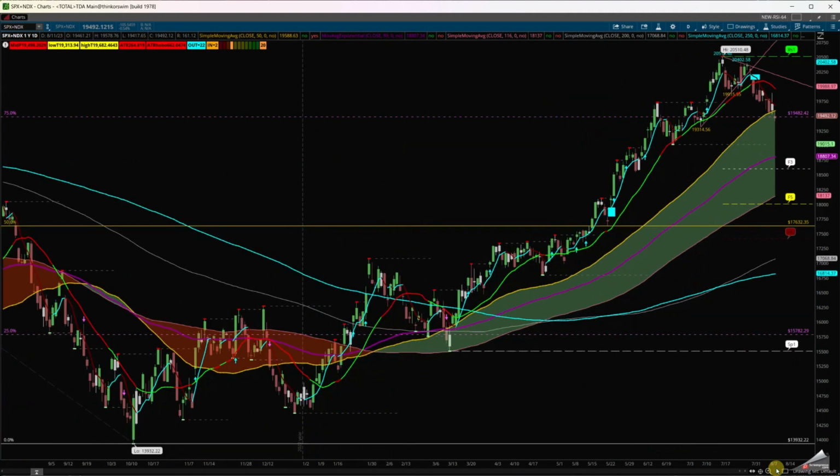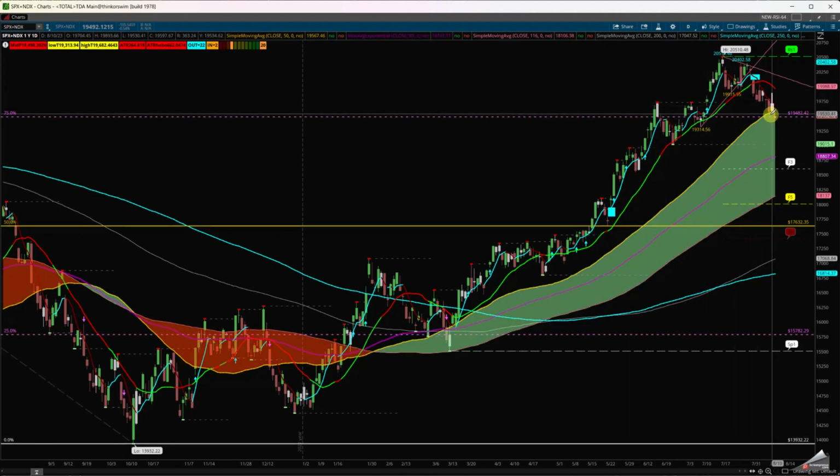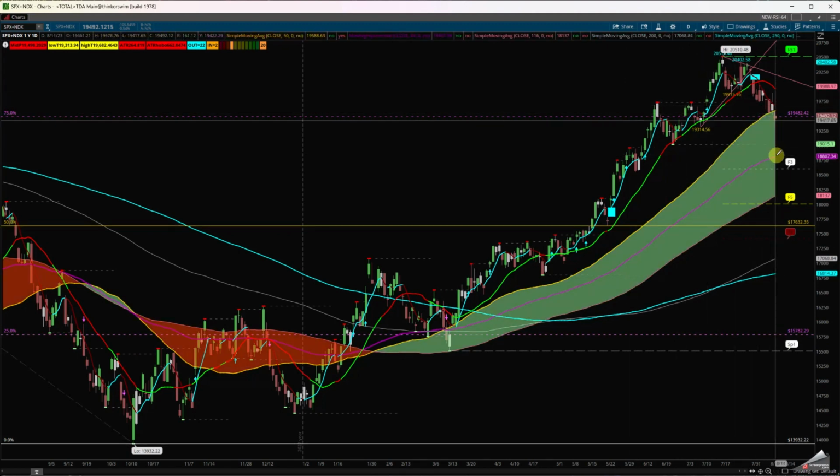So if I zoom back down, we know the trend: the 50 SMA for long-term swings is the line in the sand to hold you up. I have an 89 EMA. The reason behind it is that it's between the 50 and the 116 simple moving average, and this is why I'm doing a better test on it, to keep me in line if we come back and retest that outer band of the Bollinger Band, which is a little bit more extended than the regular band that they have. Usually those bands